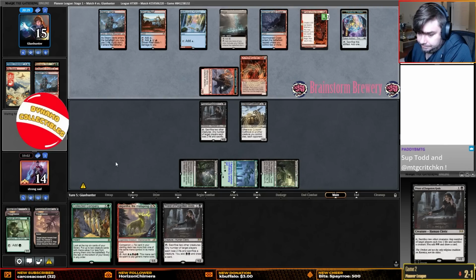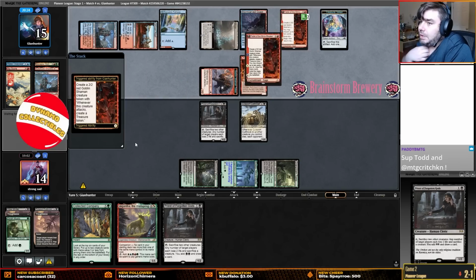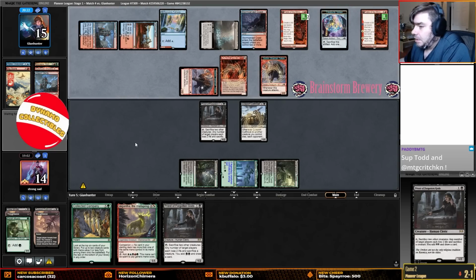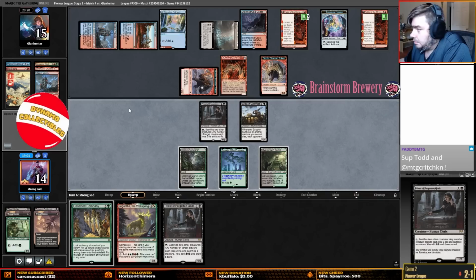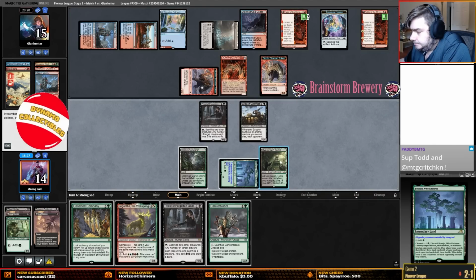What's up, Patty? How's it going? Another Fable. Imagine they had nothing in hand, nothing in play, and then they drew Fable, Fable. And now, well,